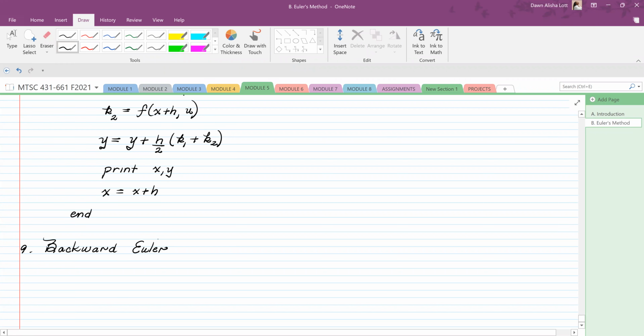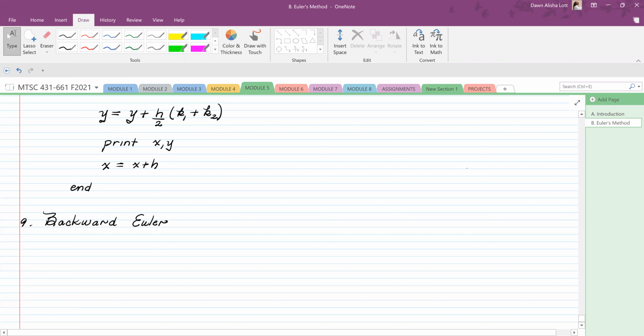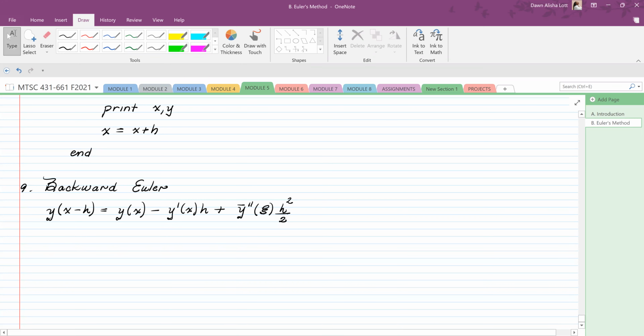Okay, so backward Euler is, instead we're going to have, if we have y at x minus h is equal to y at x minus y prime at x times h plus y double prime at c h squared over 2, then we could see that y at